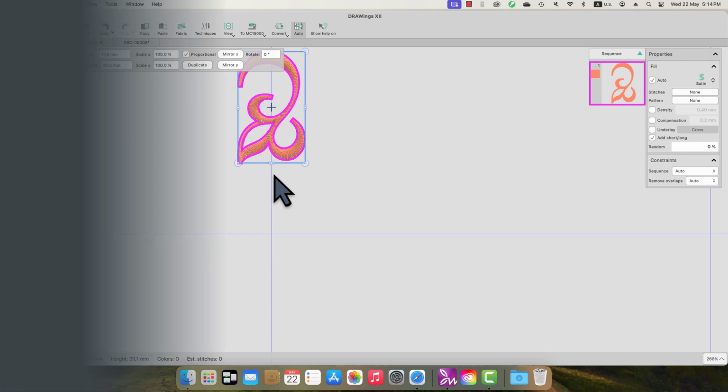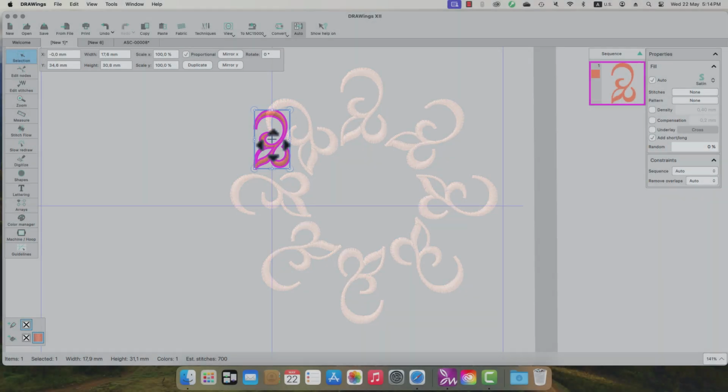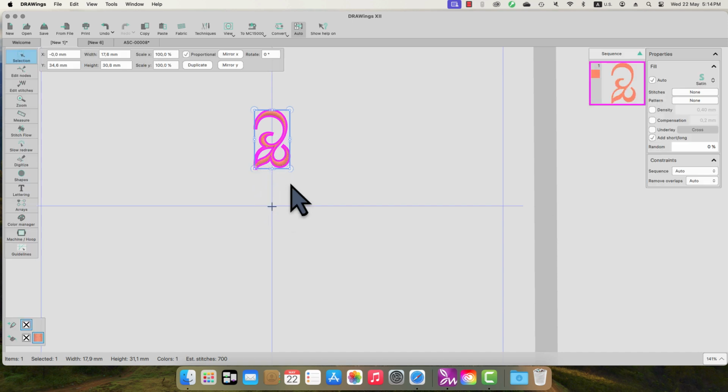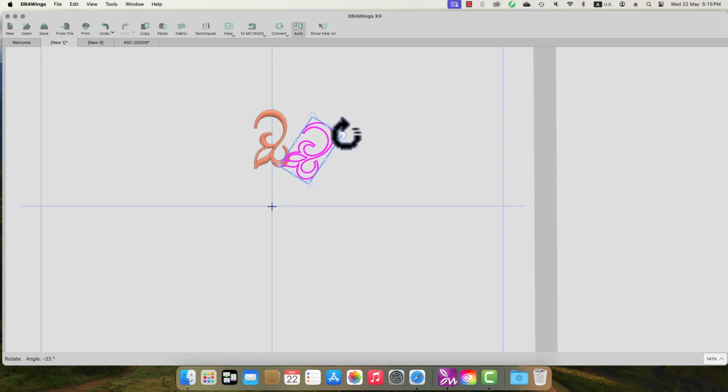I want to make multiple rotated copies of it on a circle. To do this, I will move the rotation center to the center of the axis. Then I will move the mouse cursor at the top corner and a little to the outside for the rotation icon to appear. Click and drag to rotate the symbol and press the letter D once while rotating to make